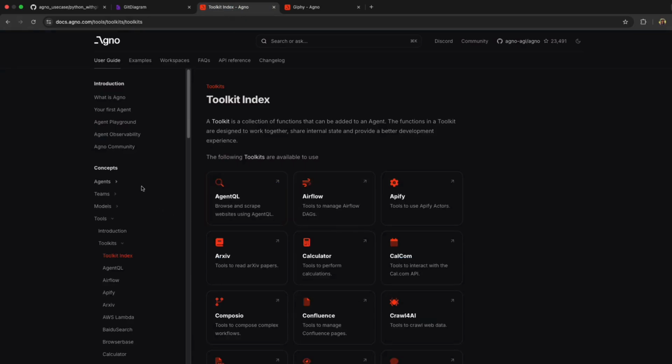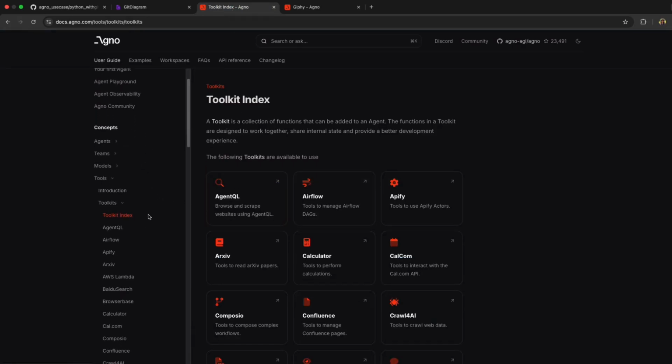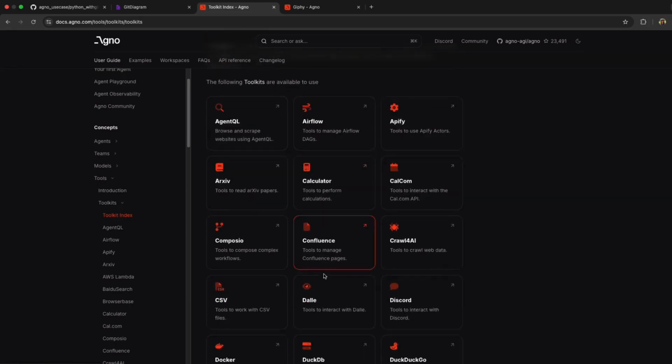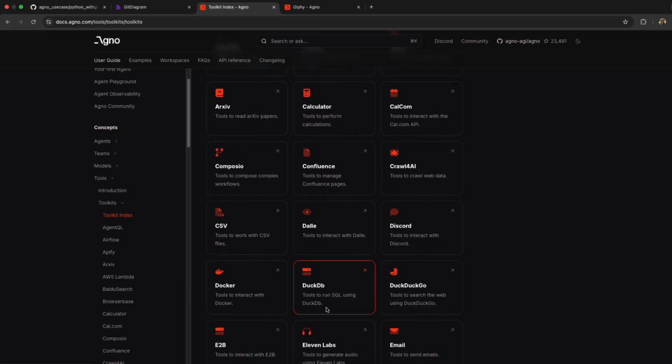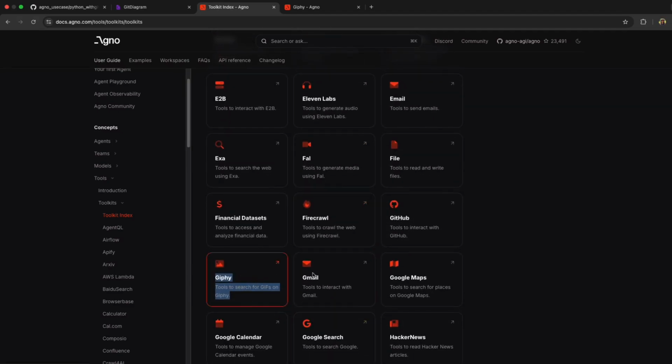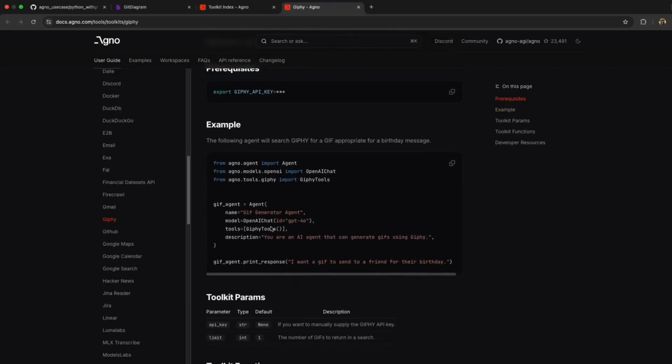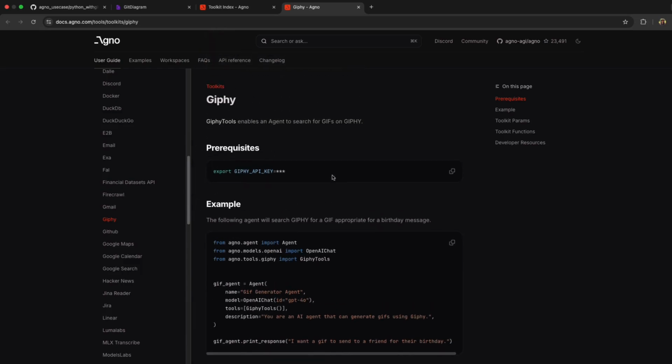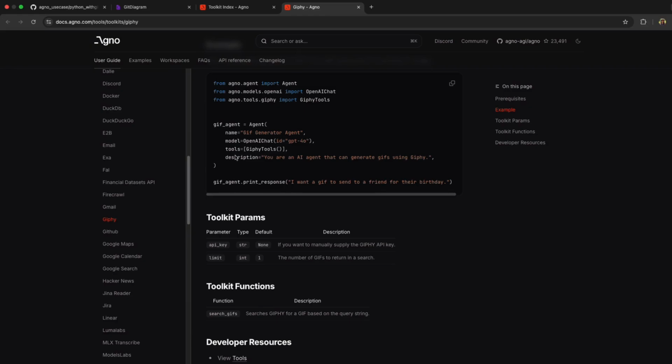So I looked through Agno's documentation site, which is one of the best documentation sites that I have seen so far when it comes to these kinds of frameworks. I looked into their tools and toolkits, and you have a really nice gallery view of all the available tools. Here I came across this particular Giphy module, and if you go through it, they give you the prerequisites and a nice sample code as well, which has all the mandatory parameters that you need to pass through.